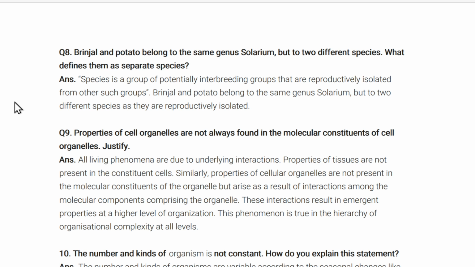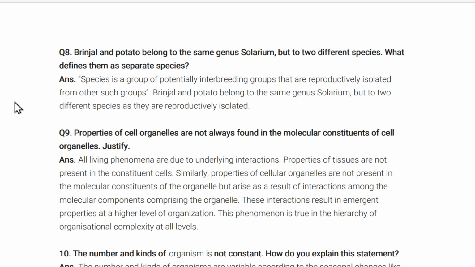Question number 9. Properties of cell organelles are not always found in the molecular constituent of the cell organelle. Justify. Answer. All living phenomena are due to underlying interaction. Properties of tissues are not present in the constituent cell. Similarly, properties of cellular organelle are not present in the molecular constituent of the organelle but arise as a result